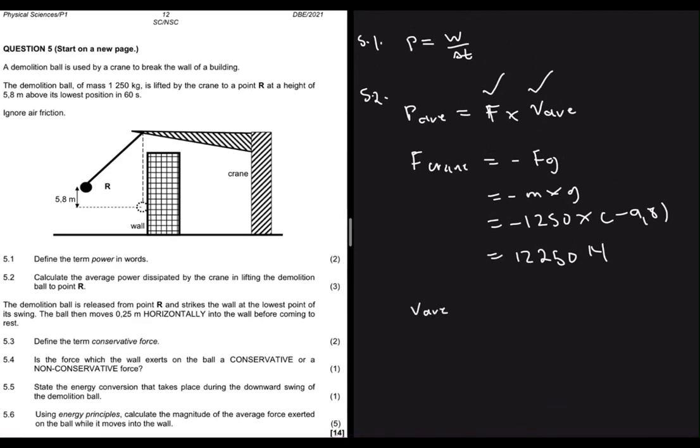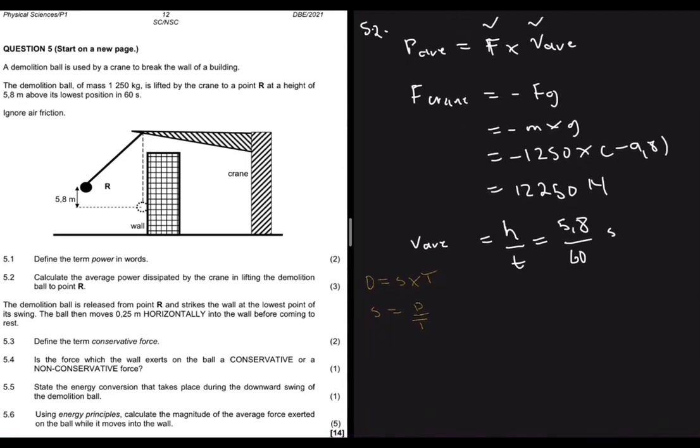We know from grade 10 that distance is given by speed multiplied by time. So if you make speed the subject of the formula, you get distance divided by time. The same is true about the velocity. So in this instance, our distance is the height, right? So we're going to have height, and then the time is the 60 seconds we have there. So this will give us 5.8 meters divided by 60 seconds,